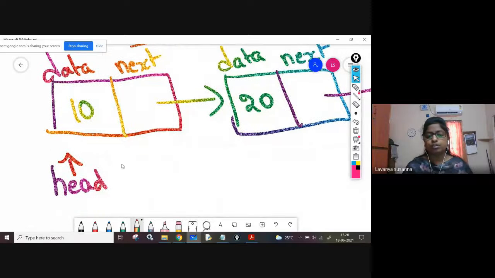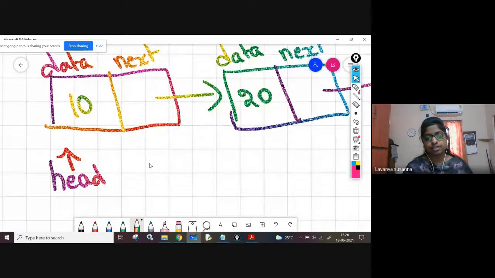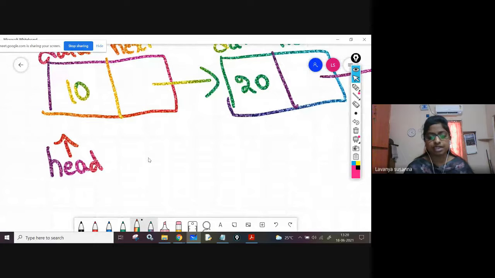Okay, now you should not ever move head. So take some pointer variable. For example, I am taking something like last. Last equal to head. That means head address you are assigning to last.